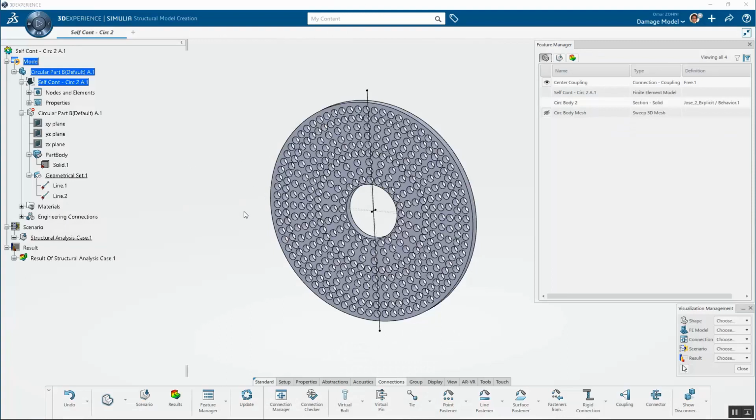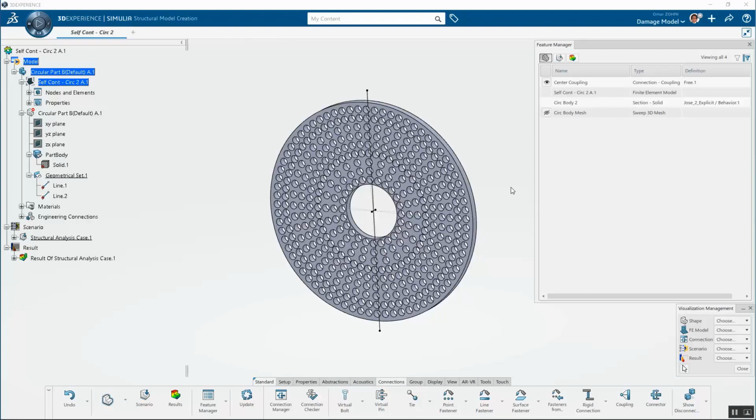So this is the model pulled from SOLIDWORKS here on the 3D Experience platform. Now, I'm not going to spend a lot of time going over a lot of the steps in detail, but I do want to point out a couple things. So in the 3D Experience platform, using any of the SIMULIAworks tools, whether it's structural professional engineer or structural performance engineer or structural mechanical engineer,